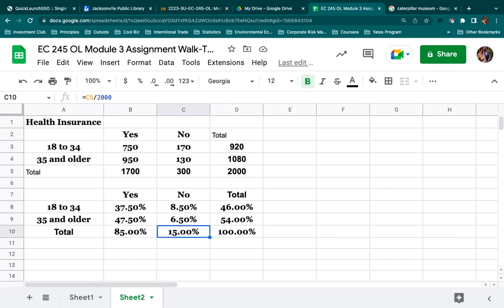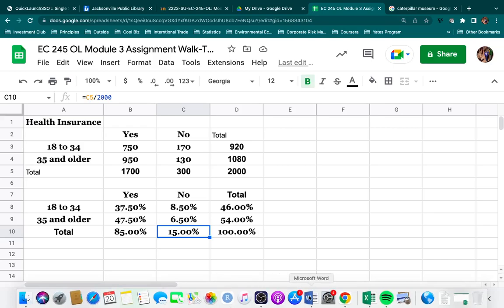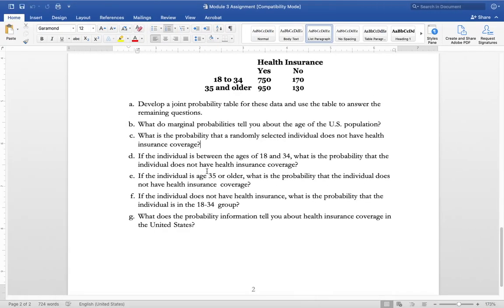So I hope you can use this as a check, to show that you can do this on your own, since your exam will ask you to do a question like this. We can see here, if we're looking at this, 15% don't have health insurance. Okay. If the individual is between 18 and 34, what's the probability that the individual does not have health insurance